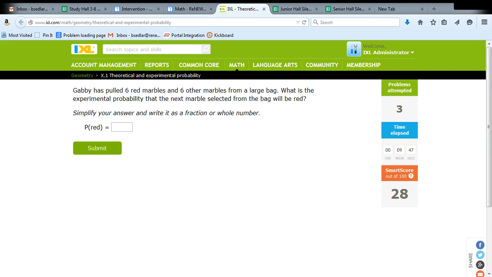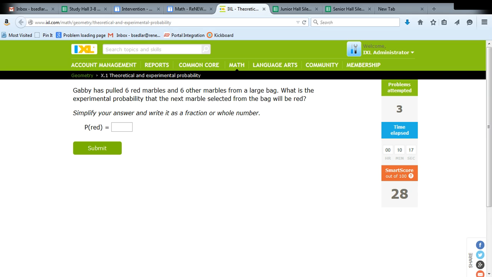I know that she pulled 6 red marbles, and I want to know what's the probability that the next marble will be red. Well, the part that's red is 6. She's pulled that 6 times. And there are 6 other marbles that she's also pulled. So my total is going to be the 6 red plus the 6 others for a total of 12. So my fraction is